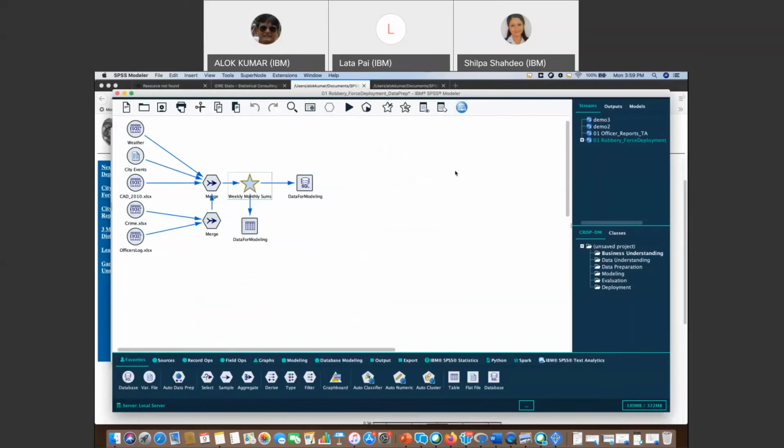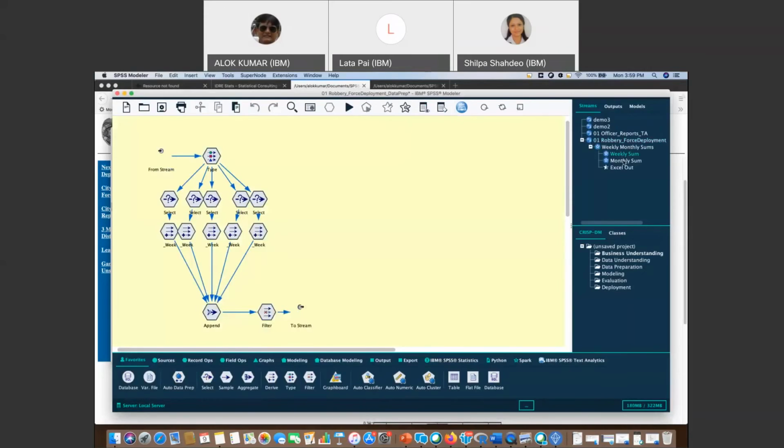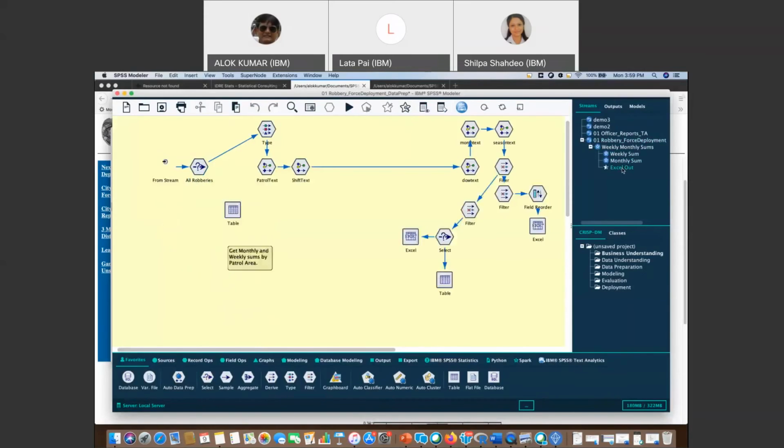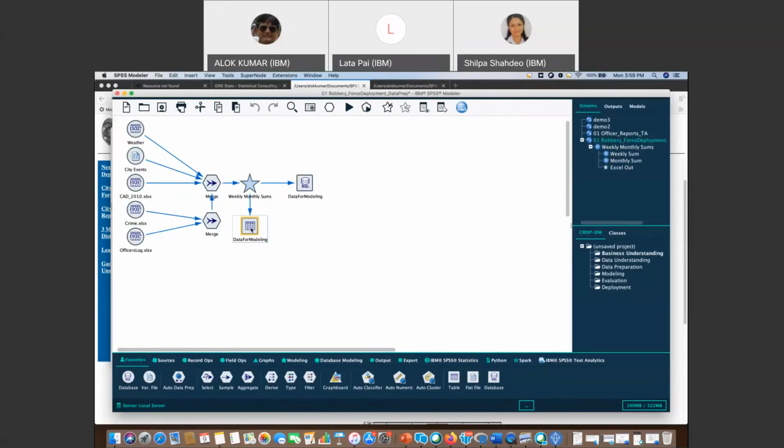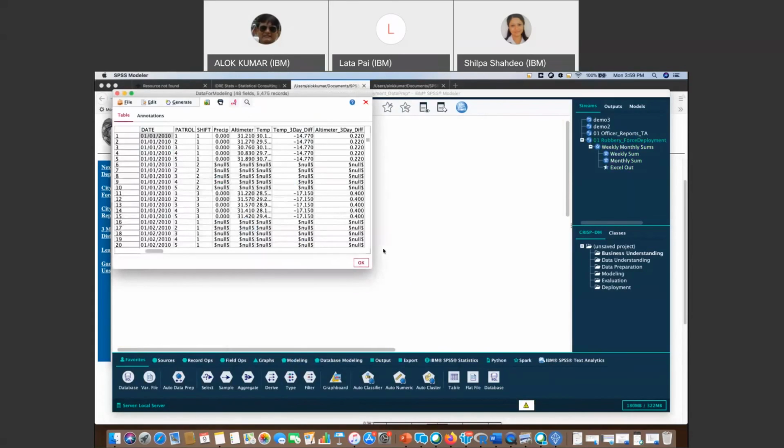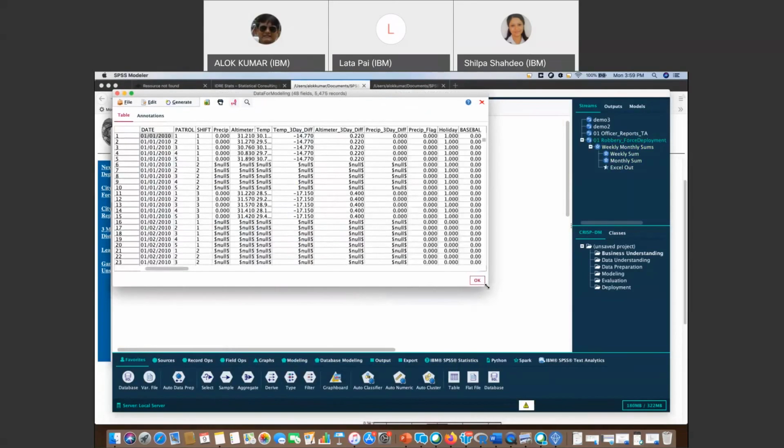Do whatever steps for the data preparation here: weekly sum, monthly sum, Excel out. So all of these steps that I have done to arrive at this data set, which I will use for further analysis. I will not work on the raw data, but the data that was enriched, so that it is ready for, as you say, IA, there is no AI without IA or architecture